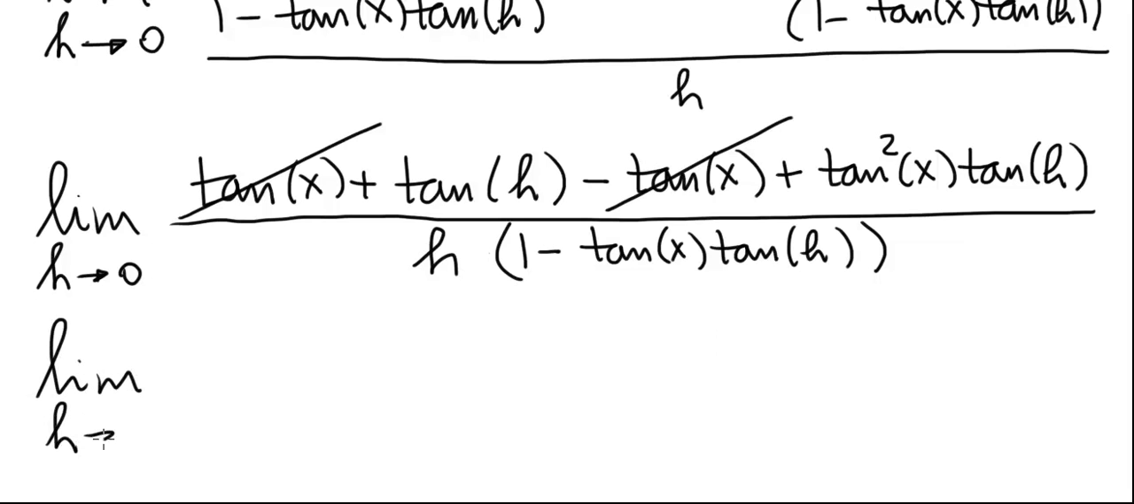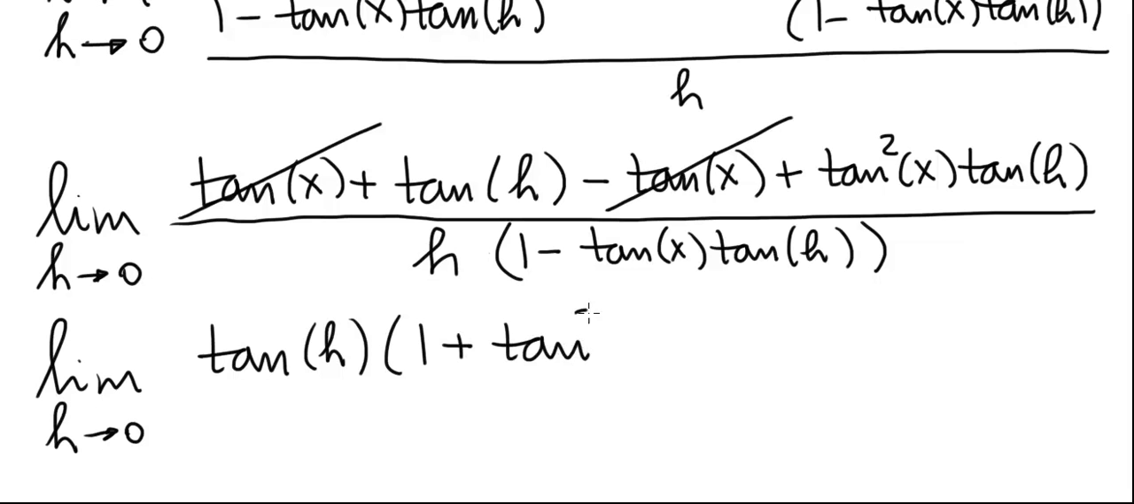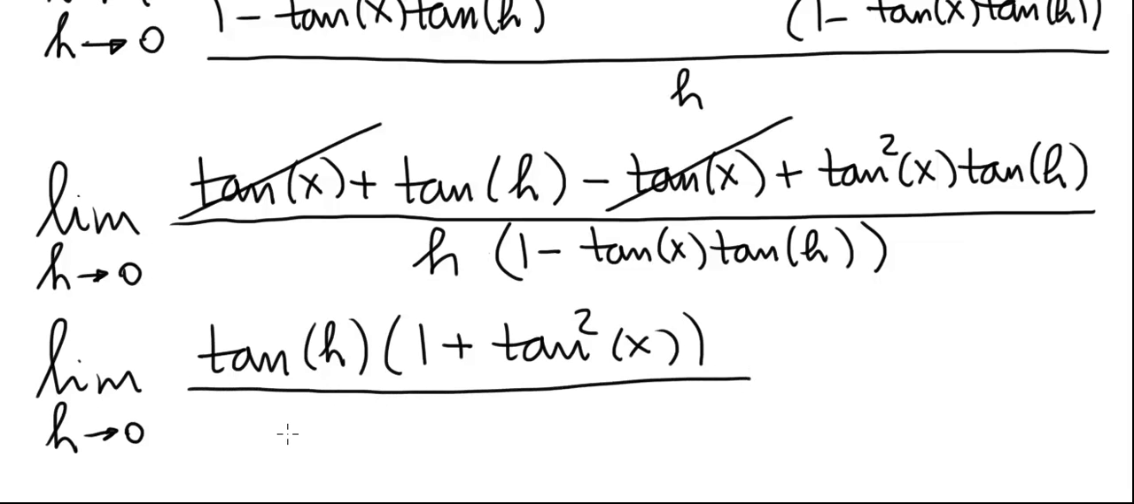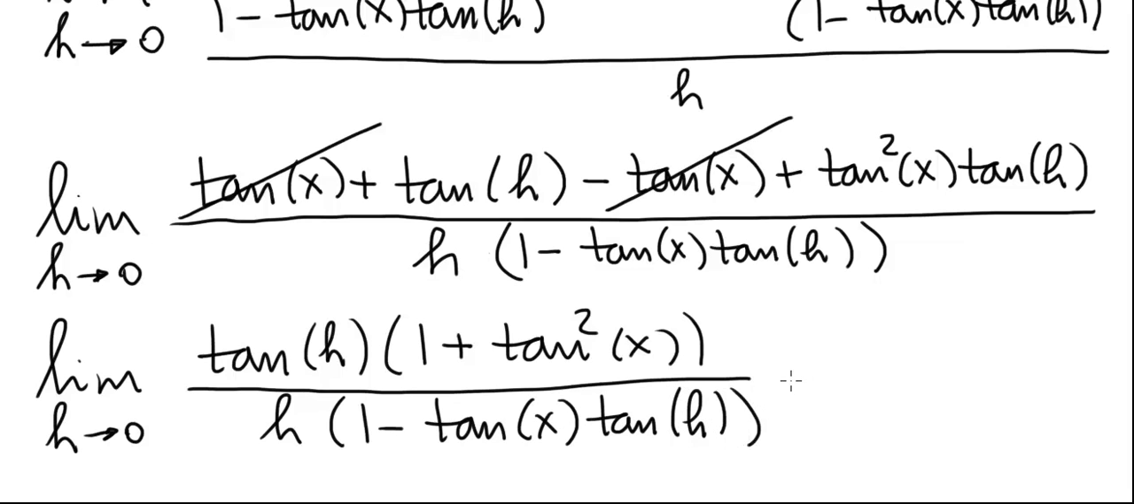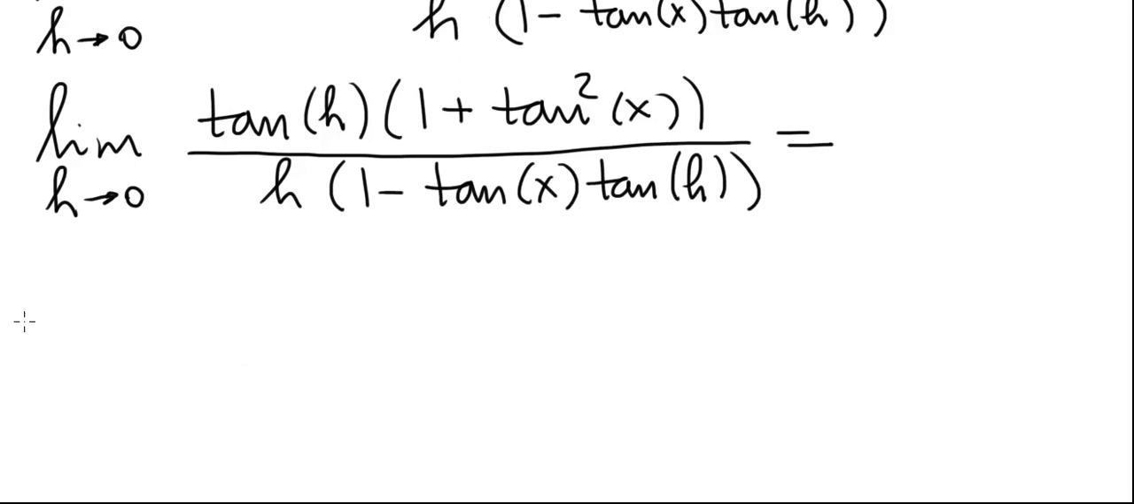This is the limit as h goes to 0. We'll factor out tangent of h, and then that's times 1 plus tangent squared of x. And in the denominator we have h times 1 minus tangent of x times tangent of h. And we can break this up into two limits. First, note that 1 plus tangent squared x is secant squared x, so we'll break this up into two limits. The first limit